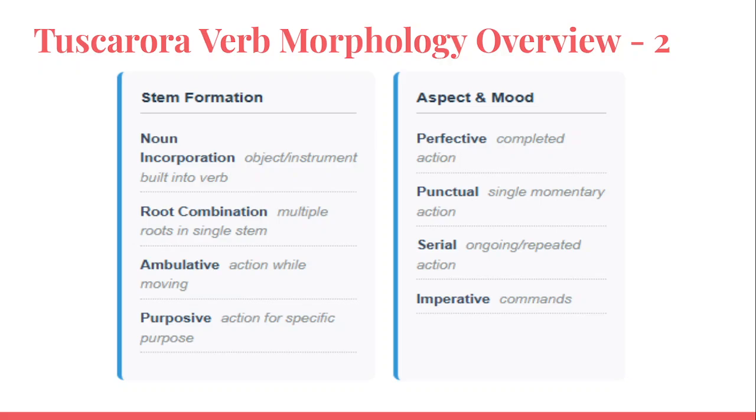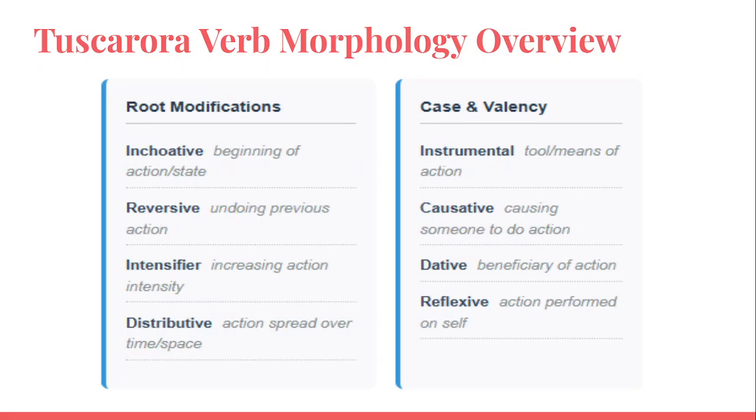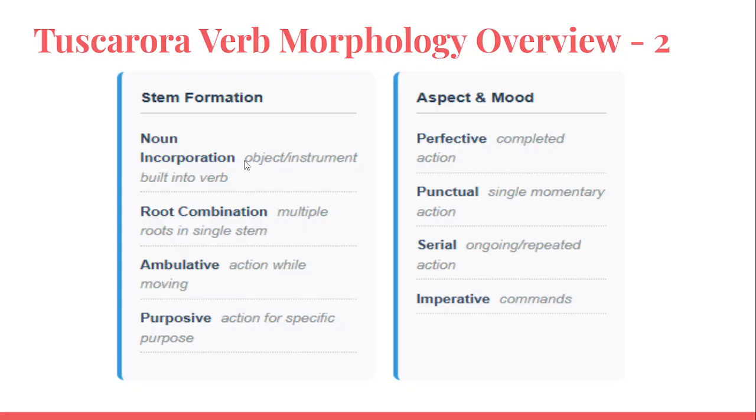You can stick nouns in there, like for example, food and make, like in the earlier example, that means to cook. That's essentially what that is. You have food, and then you have another stem that means make, and then you could combine those two and make something else. These are not required. You can just combine them, but these are just additional stem formation stems, like prefixes and suffixes that you can use.